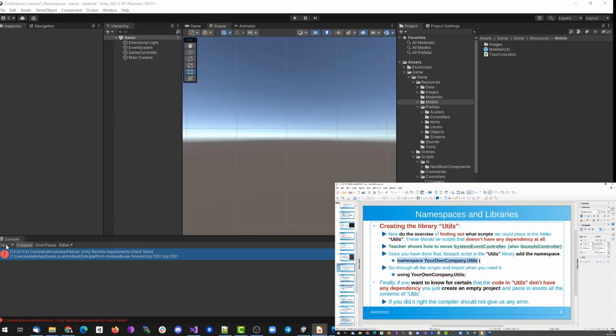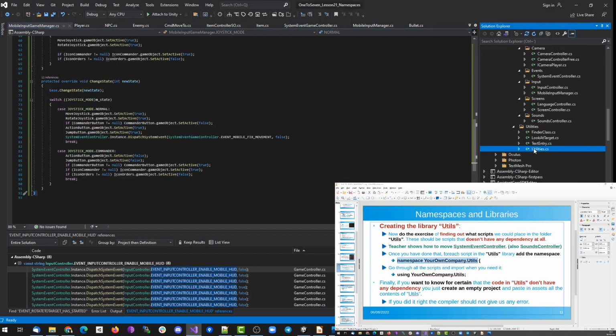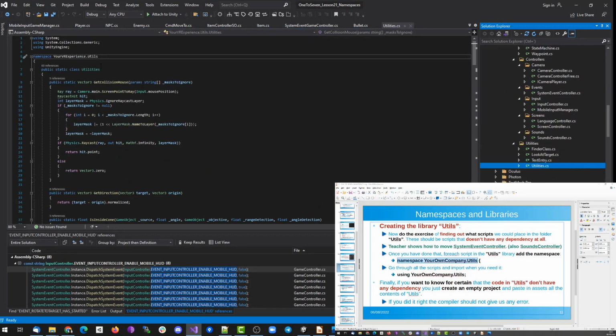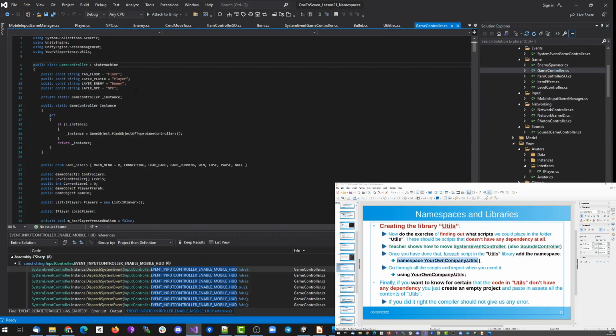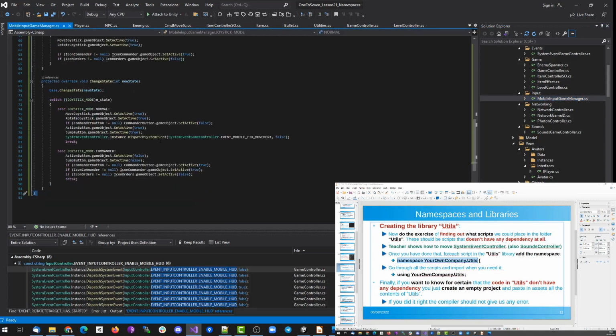So the result should look similar to this. For all the scripts that are on the library utils, we have added the namespace for all of them. And in all the places that we were using all these files, we are just importing that same namespace. Okay. Another thing that we have done